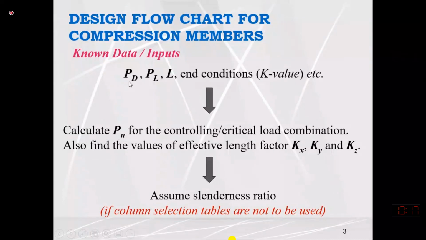Depending upon the dead load and live load, we can compute the total factored load. For the total factored load, we may use the gravity load combination. Dead load may be multiplied with 1.2 and live load with 1.6, and then we add them both to compute the factored load. Depending upon the end condition, we may know the effective length factor about the x-axis or y-axis. The effective length factor may be different about both axes. If we are dealing with a single angle only, we only need the effective length factor about the z-axis.